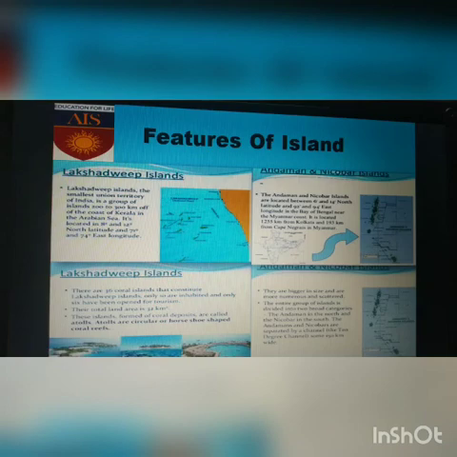Its features: they are big in size and are more numerous and scattered. The entire group of islands is divided into two broad categories: the Andaman in the north and the Nicobar in the south. The Andaman and Nicobar are separated by a channel, the Ten Degree Channel, some 150 kilometers wide. This is how these islands are distinguished from each other with their features.